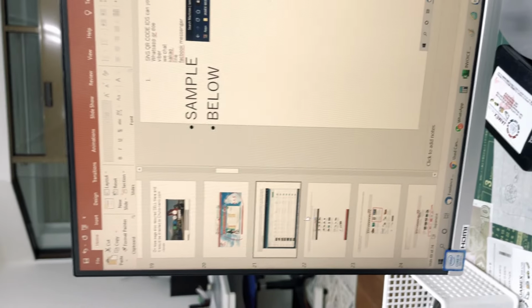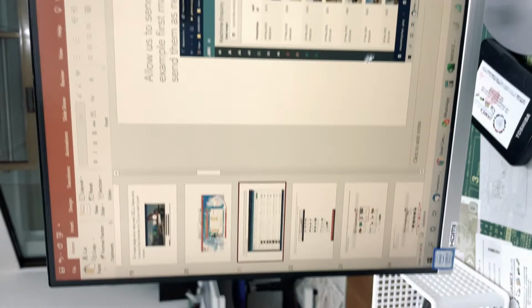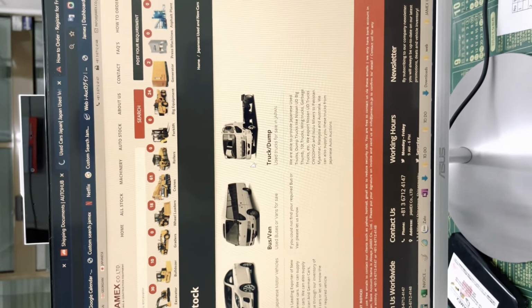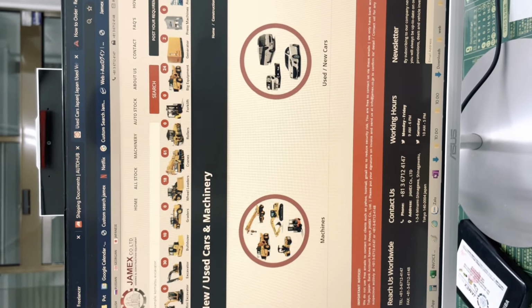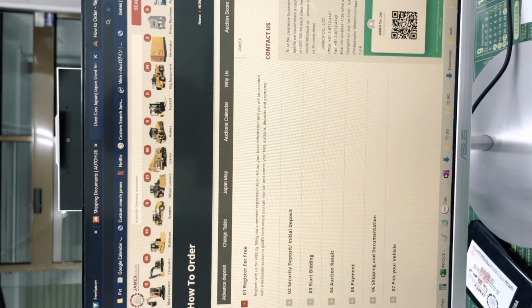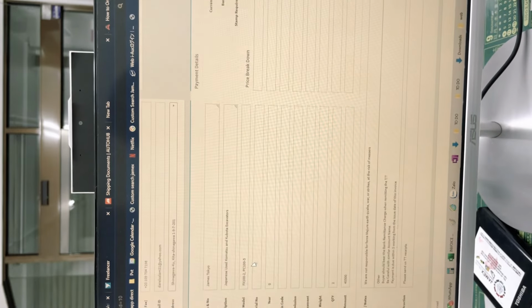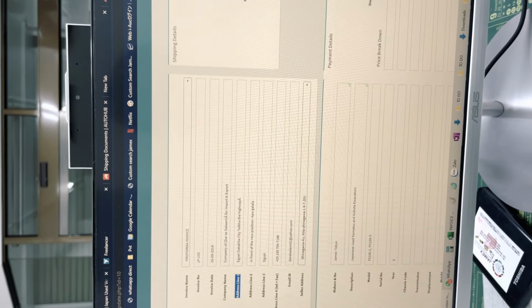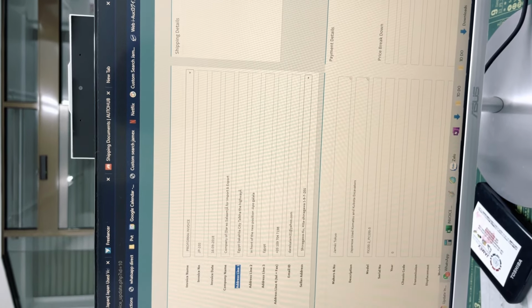Also we have some categories missing. It should have one more category here for industrial equipment and also agriculture equipment. And agriculture equipment has options like tractor and other things, you know.